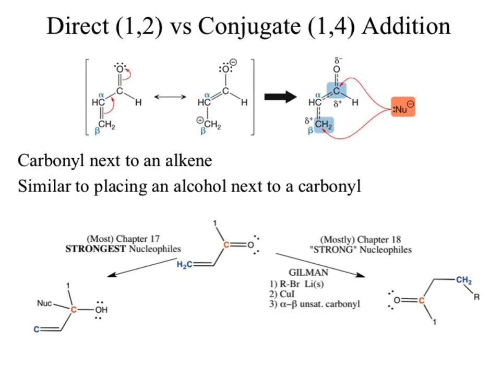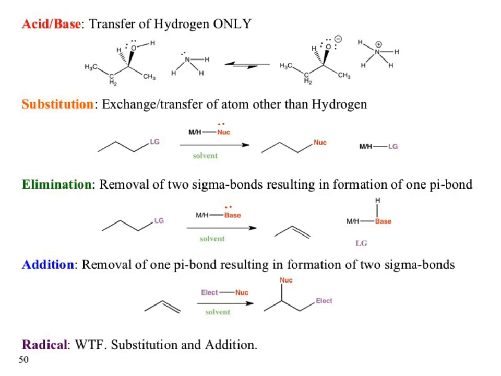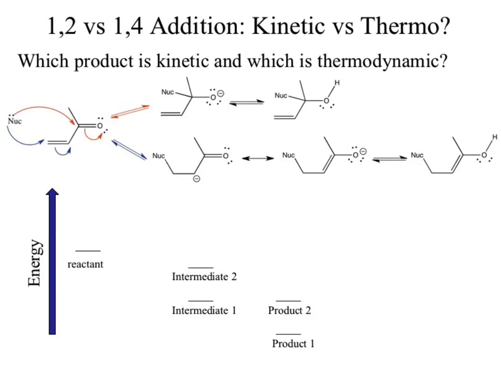Okay? The big reagent out of chapter 17, yes, is what's known as the Gilman reagent. Of course, it gets somebody's name because we have a carbon nucleophile, and it does stupidly weird stuff by not attacking the carbonyl. Okay? So it gets a name. It becomes the Gilman reagent. Okay? Are you responsible for knowing what the Gilman reagent is? Yes. How do you make it? There it is. Okay? The more relevant question is, why does it attack the other position? Okay, so we need to be able to evaluate our kinetic versus thermodynamic. Here we go. So,